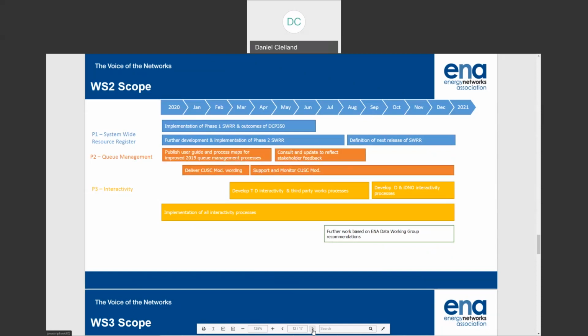So that is about formalizing our milestone approach, and also looking at mechanisms for promoting flexibility in the queue to release capacity. So that is a key action out of the Smart Systems and Flexibility Plan, and we have some proposals out there on that we're now turning into more detailed process maps and user guide.